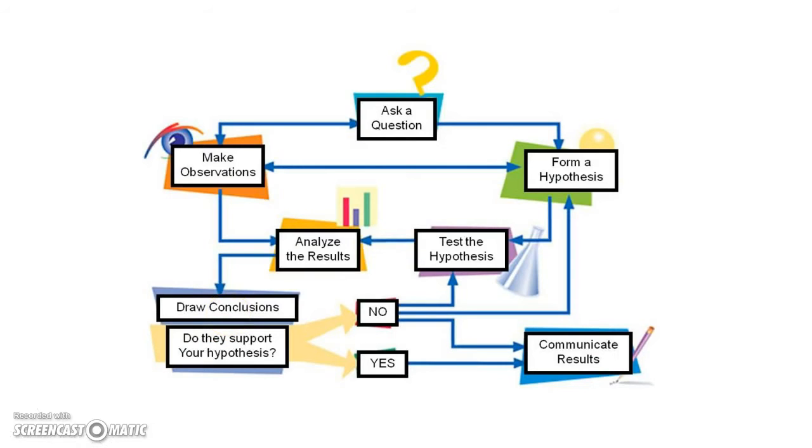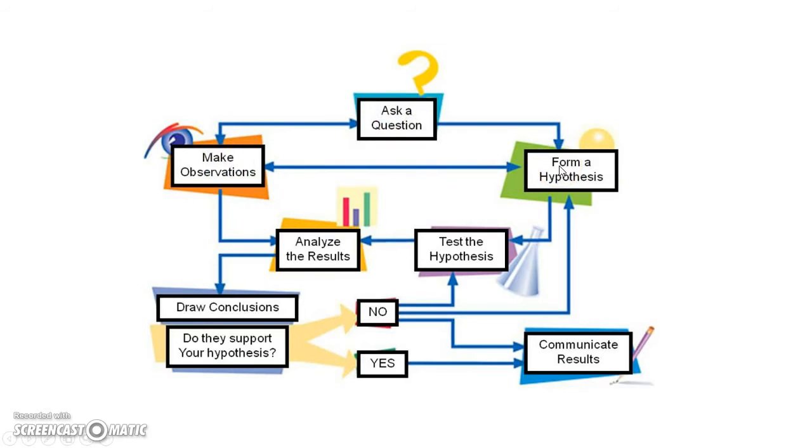Okay, so let's get started. The scientific method isn't really a set list of steps. It's more of a process. So at any point you can go back to another place. So we start with asking a question. You can go to form a hypothesis. After your hypothesis, you can test it. And then you can actually go back, and as you analyze,